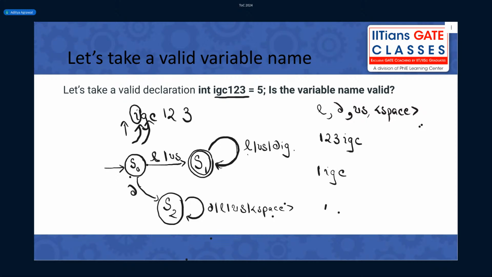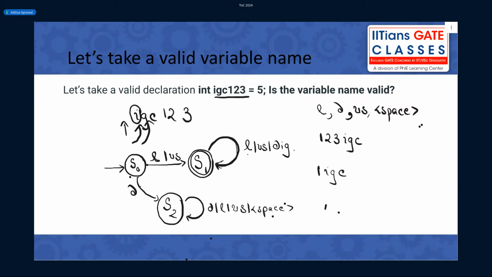If you look carefully at the machine, once you are in S2, can you go out of it? Can you go out of S2 using any input? I will give you a digit, a letter, an underscore, a space. Can you go out of S2? No. You have fallen in a trap, or in something called a dead state.